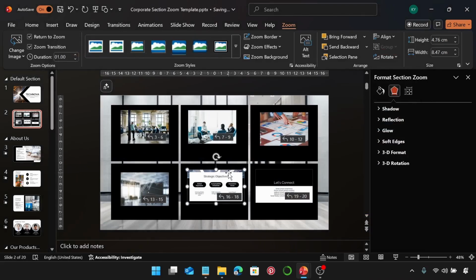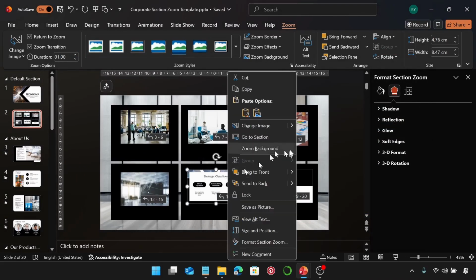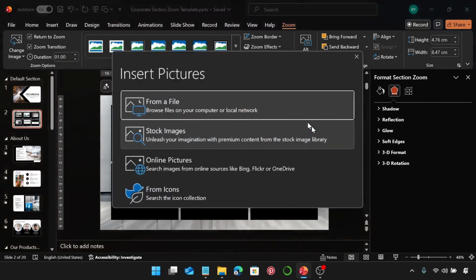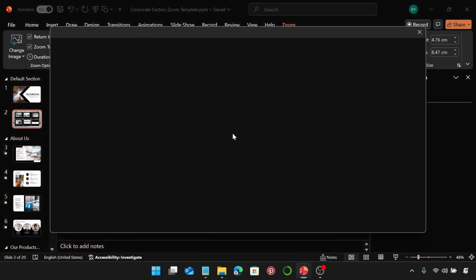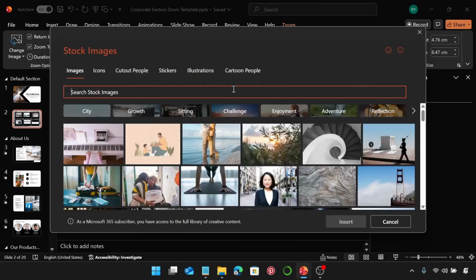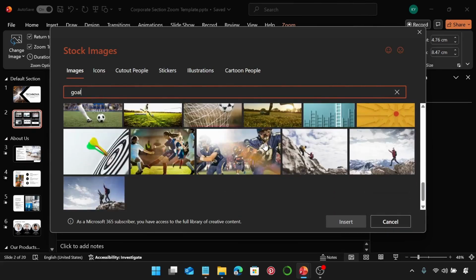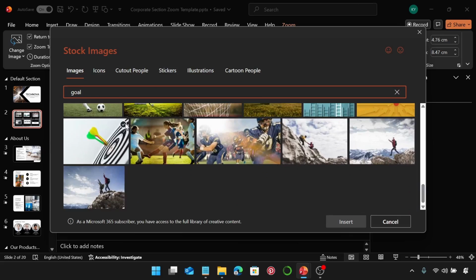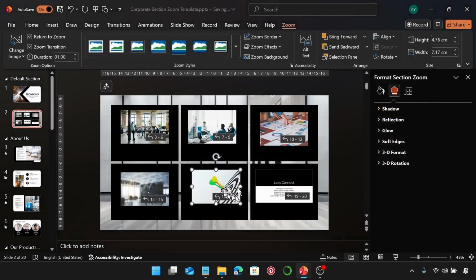Next is this one, right click, change image, and we're going to select stock images. Let me give this a moment. And this is going to be goal. Going to scroll, and we're going to use this image, insert, give this a moment, and then finally this one,